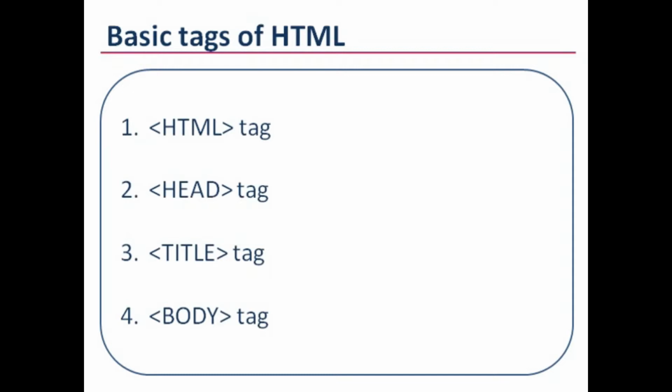The very first tag is the HTML tag. This tag or element tells your browser that the file contains HTML coded information. This is the beginning tag of each HTML page. The second tag is the head tag. This tag identifies the first part of the HTML document that contains the title that is shown on the top of the web page.